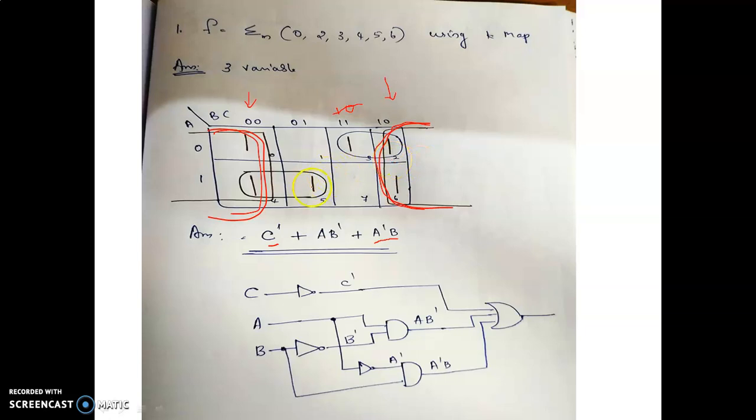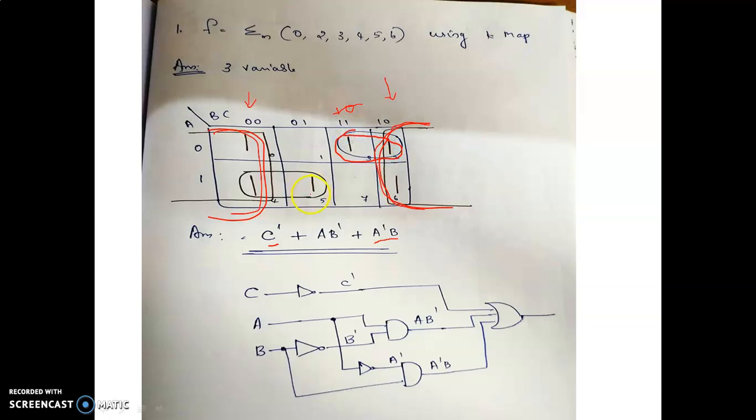Now the remaining two ones are there. You cannot group diagonally. Why? Because diagonals are not adjacent cells. 5 and this 3 are not adjacent. Okay, so what we are going to do is, I can group as a single group, but I told you before grouping, you have to make sure whether it is possible to group that one to a higher group. Yes, it is possible, because you can see an adjacent one here, hence you can group to this one. So this one is grouped to this one.